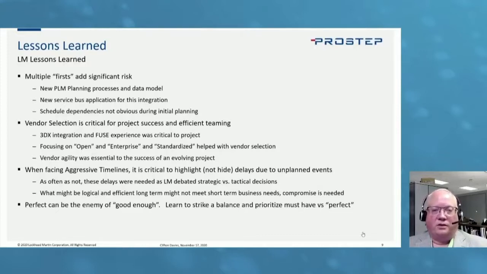And their agility was essential to this, because in many cases they were waiting on Lockheed Martin as our understanding of 3DX and the new manufacturing processes was maturing on a daily and weekly basis, and we had to adapt. We changed the requirements underneath them on the fly, and they did really well at making the project successful. So again, we've had some aggressive timelines